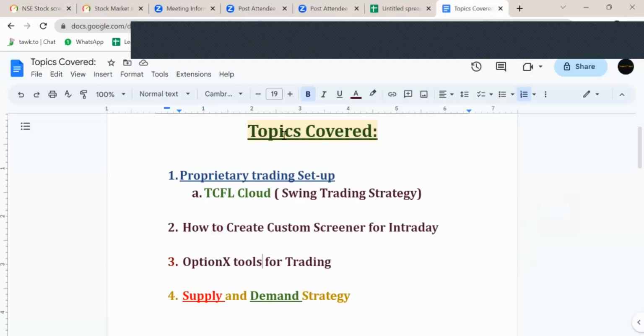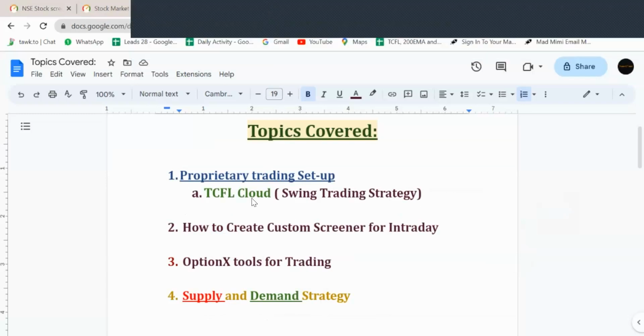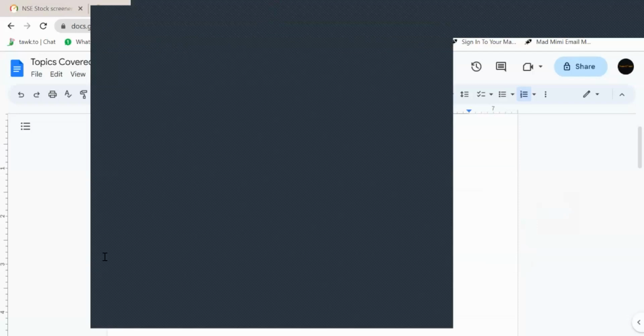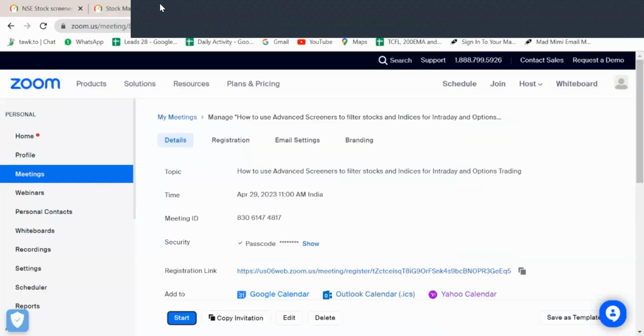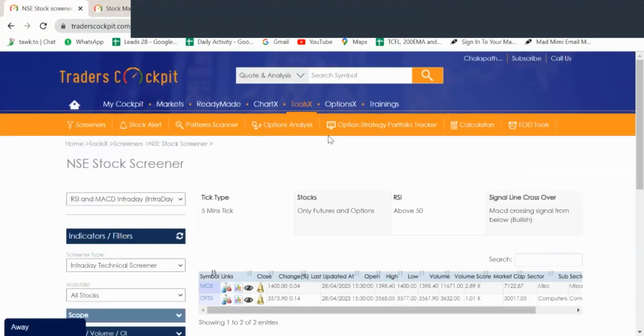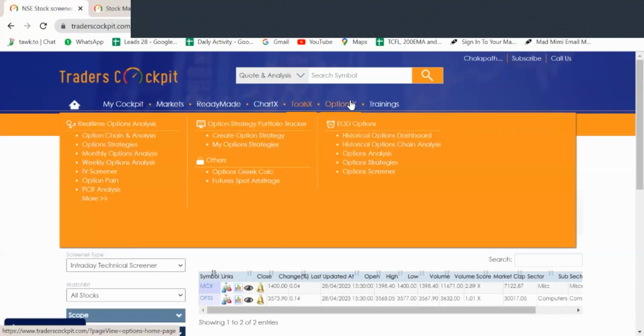Option X tools. What is Option X tools that we are going to discuss now? So we have the dashboard called Option X. You guys can see here in the Option X dashboard, those who want to understand the complete Option X tools,